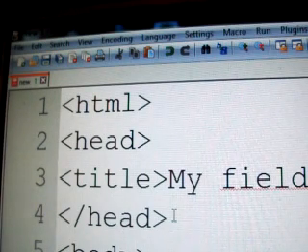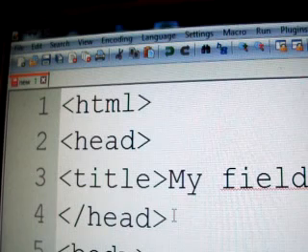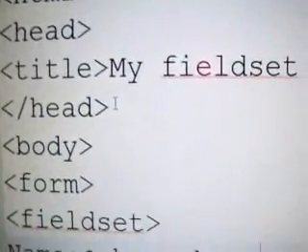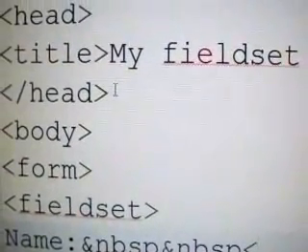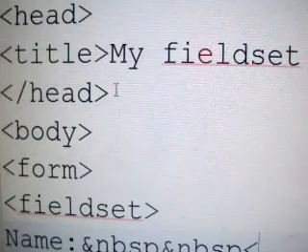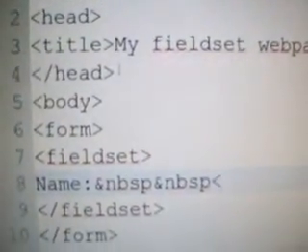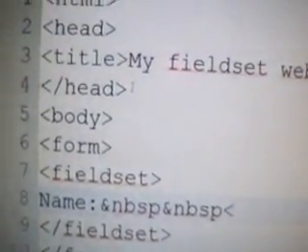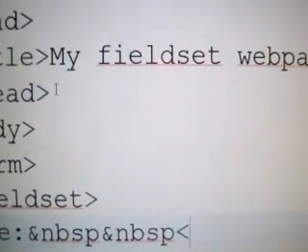Now, can you answer me why we have this? Hang on, let me show you. Okay. Now, why do we have an NBSP? Why do we have that? Leave the answer in the comments down below. The next thing I'm going to type in here is